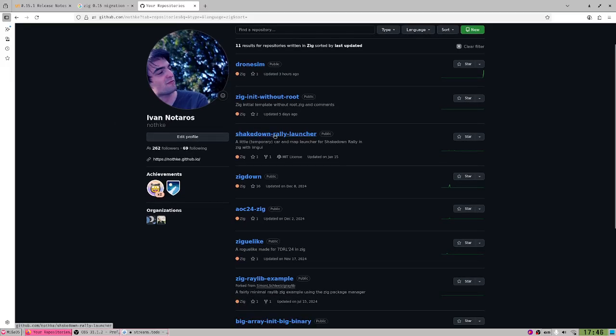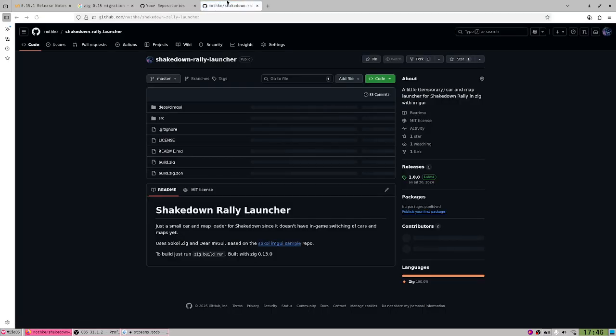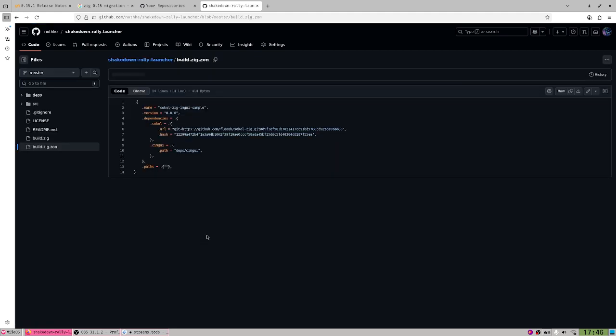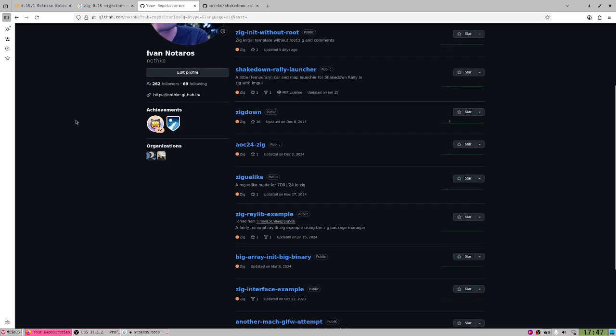All right. So there are a few things that I can update. One thing is a Shakedown Rally Launcher. But let me remember, I think I'm using Sokol for this, right? Sokol, Zig, and Imgui, and I'm actually using a C Imgui, which is weird. The first thing I want to update is the Zig-like, which is a roguelike made in Zig.